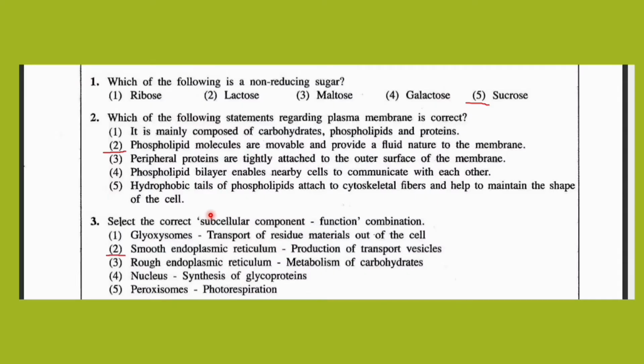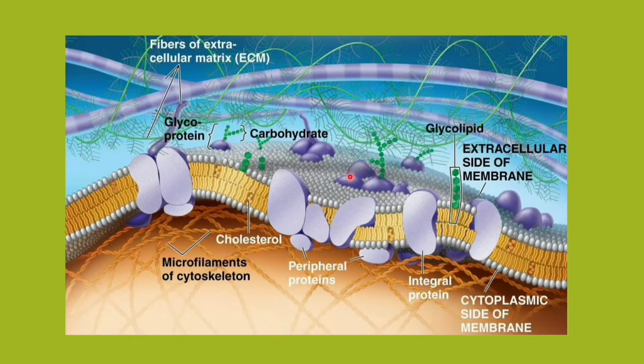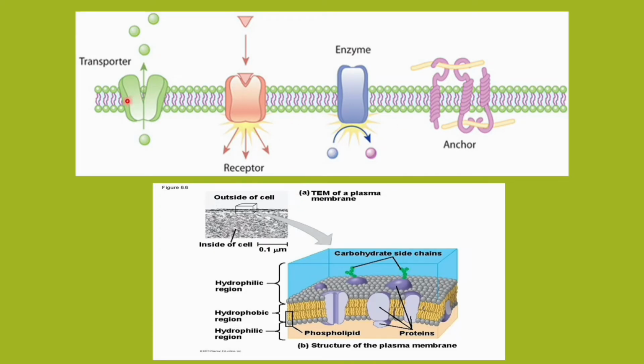The fourth statement says that the phospholipid bilayer enables cells to communicate. That is wrong. This cell communication is actually a function of these proteins. The fifth statement says that hydrophobic tails of phospholipids attached to cytoskeletal fibers. That is wrong. So we know there are proteins embedded in the membrane and they will actually bind to these cytoskeletal fibers you can see here, and thereby help to maintain the shape of the cell. So fourth and fifth statements are wrong because this communication and maintaining the shape, they are functions of proteins, not